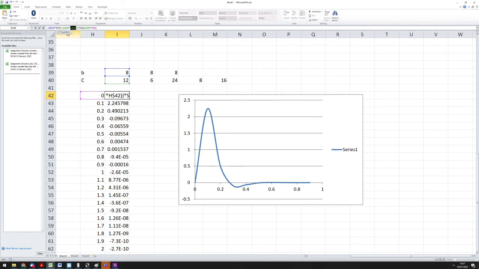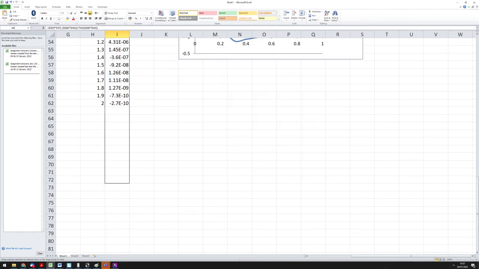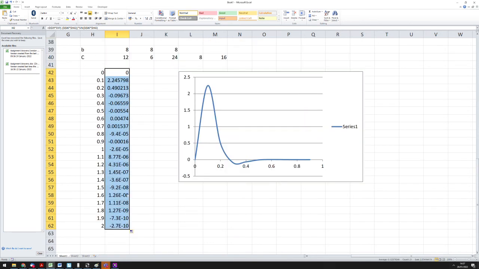Let's lock the column on that one. I'll lock the column on this one. I'll copy that down. And then if I copy that across,